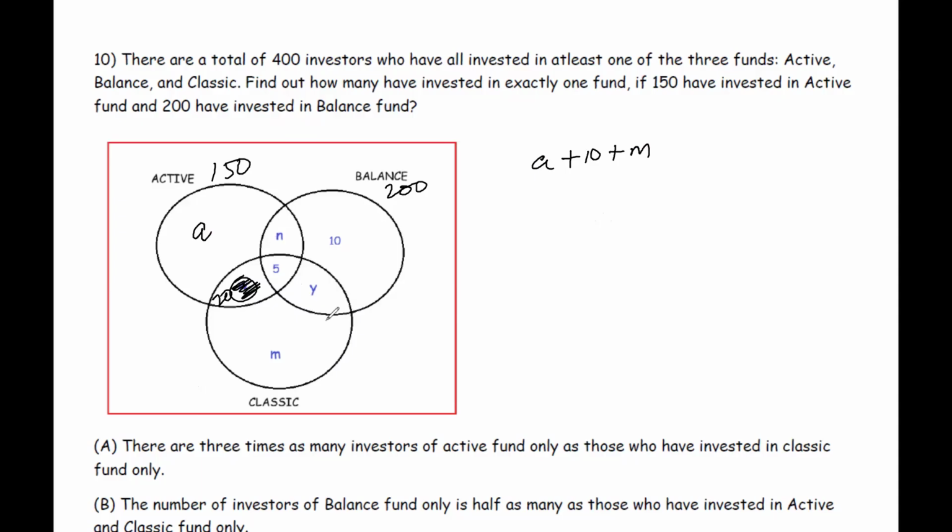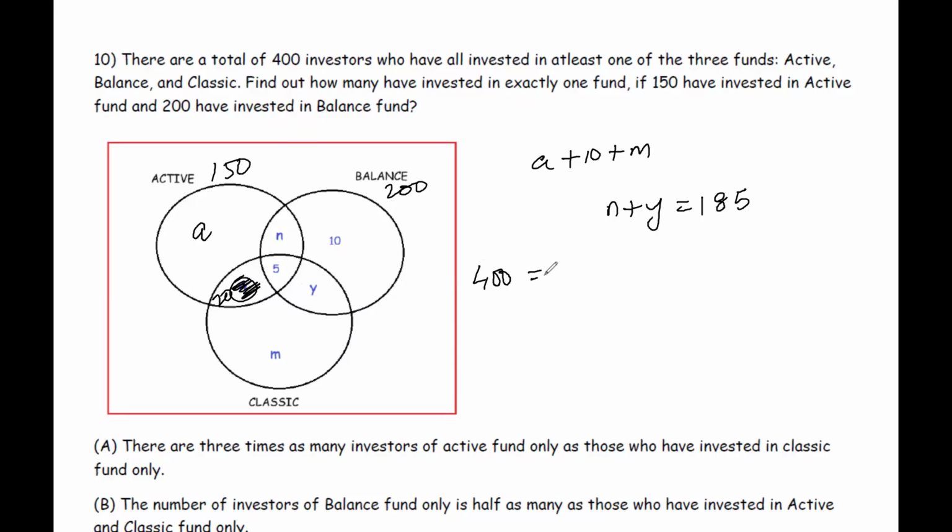So from the balance fund circle, we know that N plus Y is 185. Okay. Right. And we know that